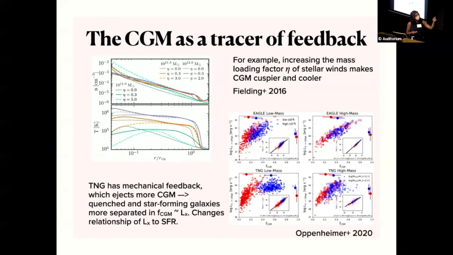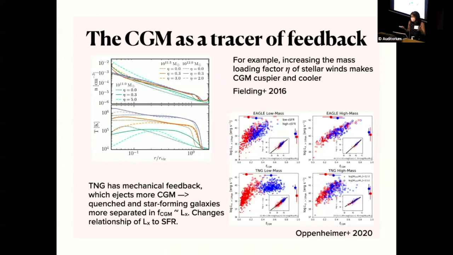For example, Drummond Fielding had these simulations in 2016 where, if you do an idealized study, you can tweak one parameter of your feedback model at a time and see what it does, right? So in that particular paper he looked at the mass loading factor of stellar winds. And he found that if you change eta, you can end up with these profiles that are more or less cuspy, more or less cold or hot at the center, right? So you can see these signatures in idealized experiments. On the other hand,